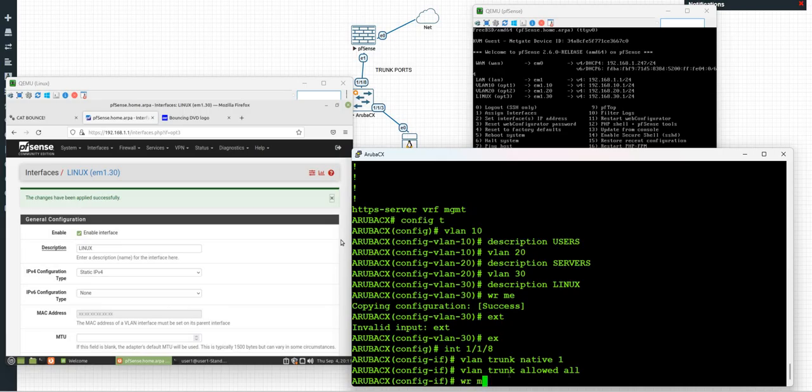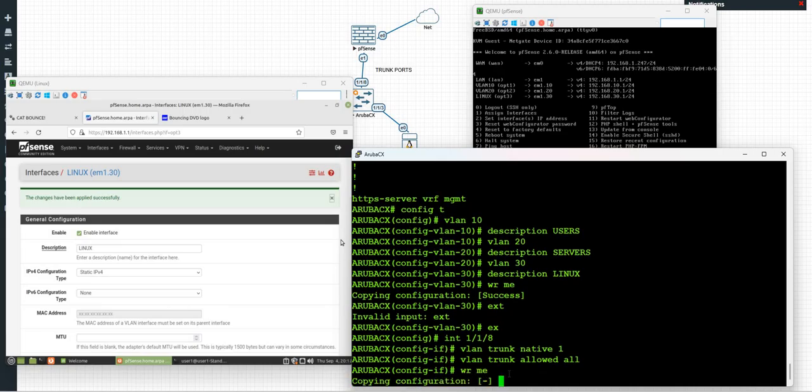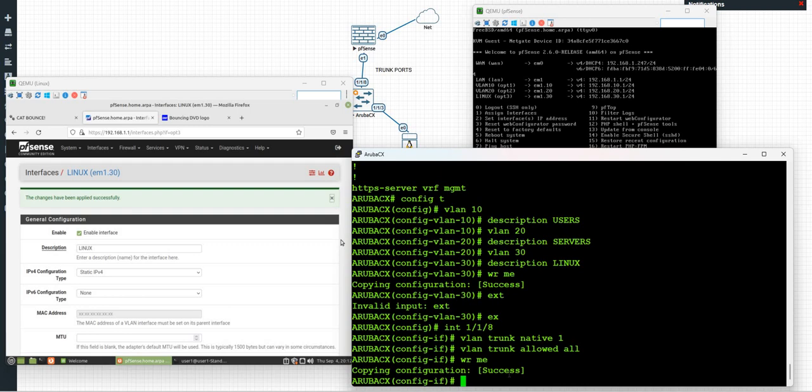So write me. Now we could say VLAN trunk allowed 10, 20, and 30, but I'm going to just do all for now. So okay, cool. So everything's good there. Now we need to go down to this interface and set that interface 1/1/3 as the access VLAN for 30,